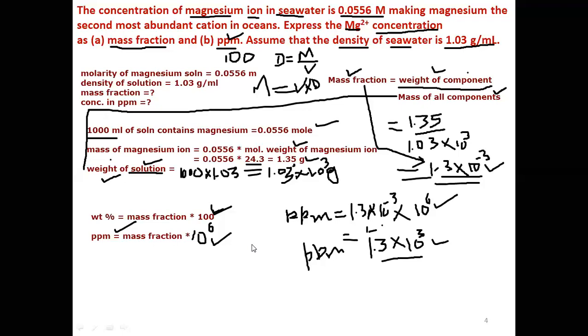Now let us move to our next numerical, and I will clear all this. Now this is again a very important numerical, because in your practical many a times you have to make HCl solution of different molarities and you are provided with the concentrated HCl. So if we know the molarity of this HCl, you can simply apply the dilution formula that we applied in our previous numerical to calculate how much of this HCl is required to make an HCl solution of particular molarity and particular volume. So let us read the statement of this numerical.